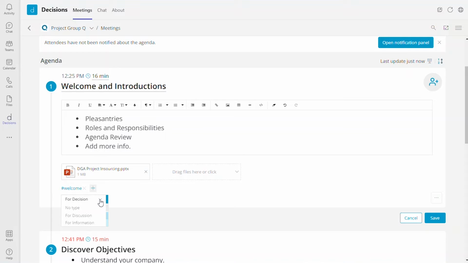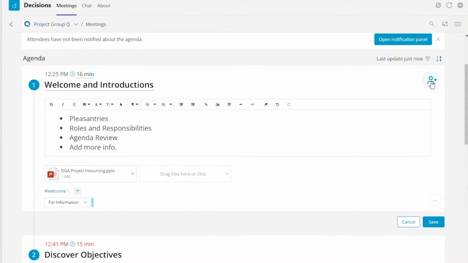This little drop down here is our context tool. So if I'm the organizer and I want to give a little more context around the agenda item itself, I can click that drop down and say, hey team, this is actually going to be an item I want to make a decision on. Maybe it's an item I just want to have a discussion about, or maybe it's more of just an informational item for the team. The context tool really does a nice job of giving people that are attending the meeting a little more context around the agenda item itself.